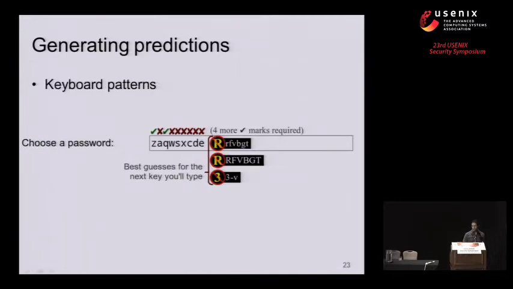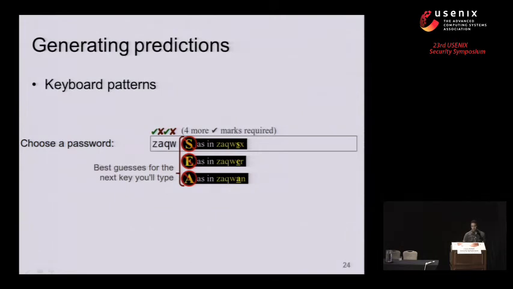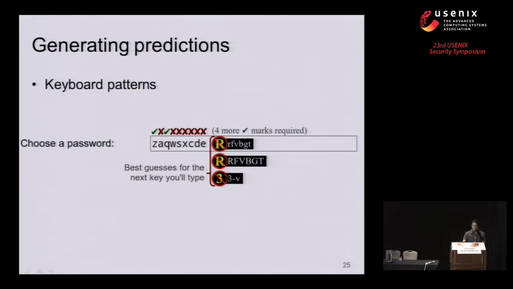We also employ other predictive models besides the n-gram models. Here you can see a keyboard pattern. Patterns such as these are quite common in passwords, and modern password cracking tools will actually generate these patterns. Since they are common, shorter patterns will get picked up by the n-gram model built from passwords. So here you can see that ZAQW was found in the corpus, and the "as in" explanation provides entries from the corpus that match the current string. But as the pattern gets longer, it's not found in the corpus, but is found by our general pattern predictor.